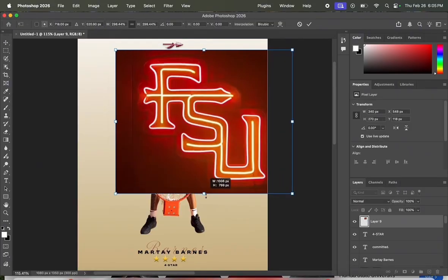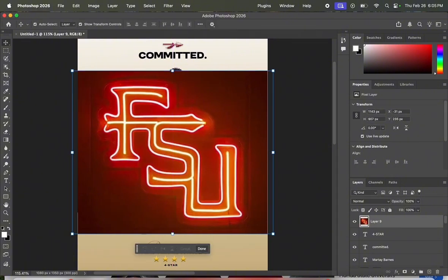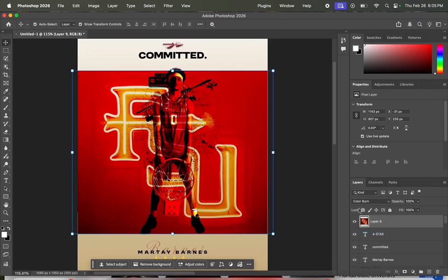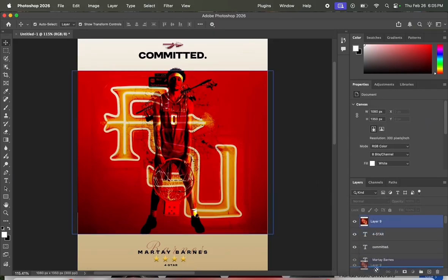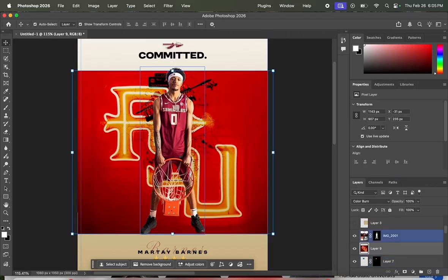After I do that, I'm going to go ahead and add this Florida State logo or sign in. And I just thought it looked cool. I thought I could maybe make it look cool in the background. And kind of like I did with the view of the aerial map of the city, I'm going to go over to the right side, and instead of keeping it at normal like it is right now,